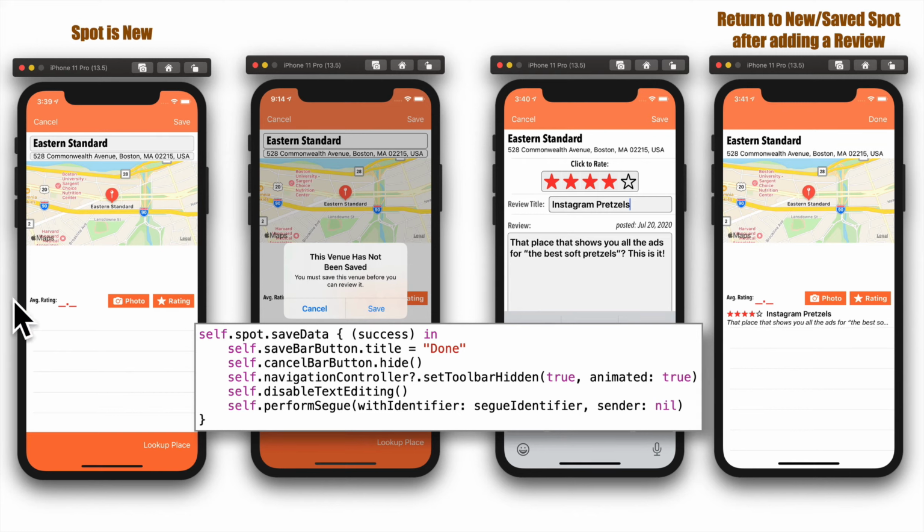So when we start off adding a new spot, this is what the UI looks like. We've got our name and our address enabled. We've got our save and cancel showing. We've got the toolbar showing. Now, when we click on the rating button, we're prompted to change because this is a new spot. We do, but before we head to the review table view controller, where you can add your new review, we